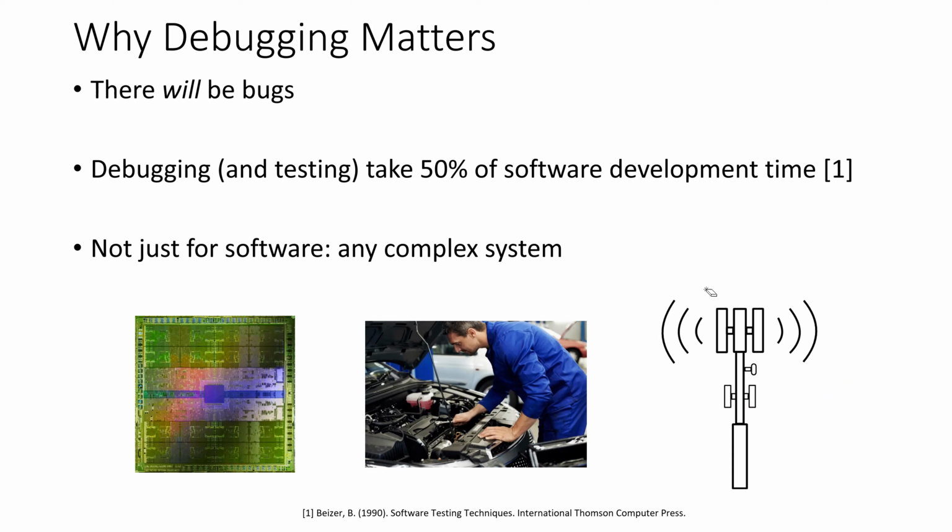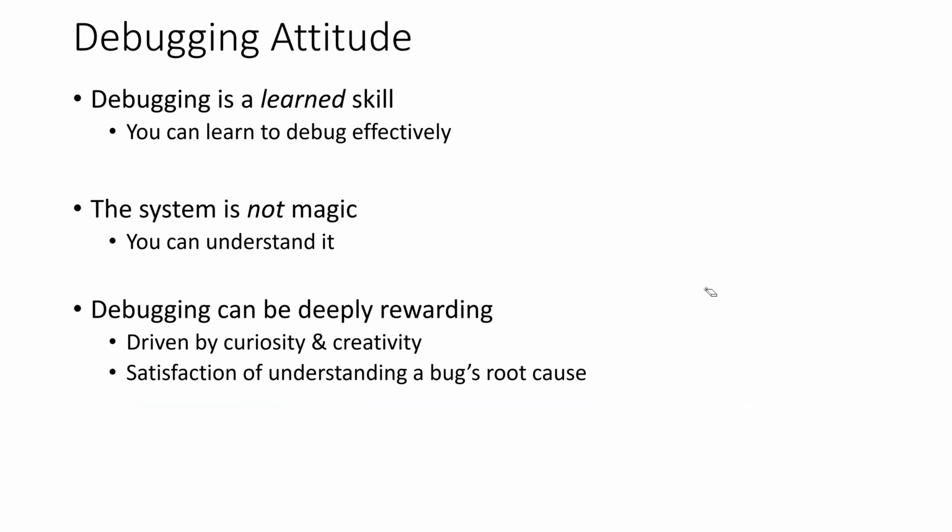So why am I telling you all this? So that you don't think, oh, I wrote all this code and now I'm surprised I have to debug it. That is a key part of your job as an engineer. You want to get good at it. Okay, so it's a learned skill. You get better at it with practice. And while debugging is complicated, when you're debugging a complex system, these systems are not magic, right? They do follow the laws of physics and of nature. So you just have to think of the right ways to test it to get enough information to figure out what's going wrong. But when it's complicated, it is hard.